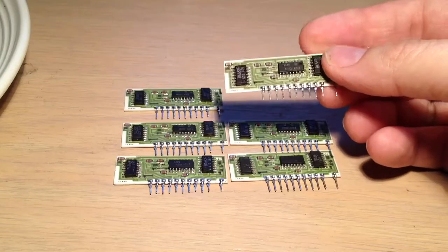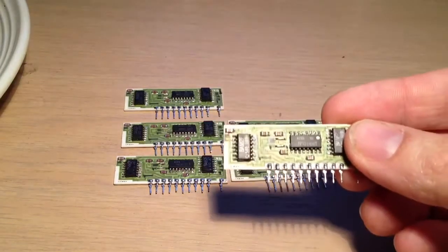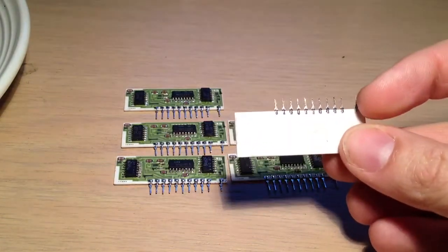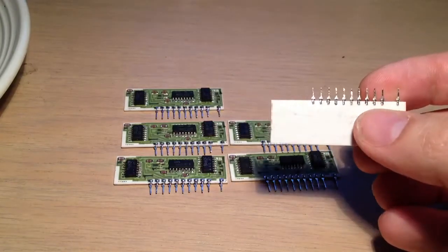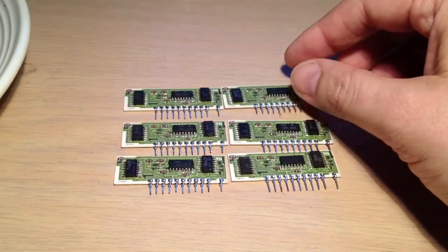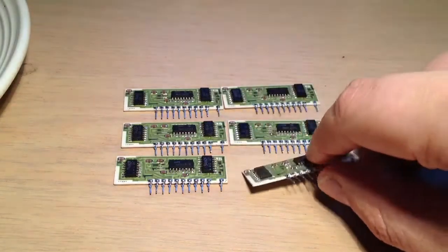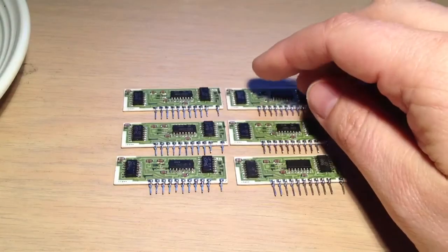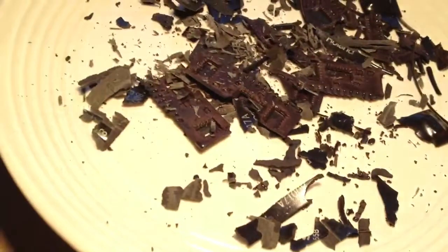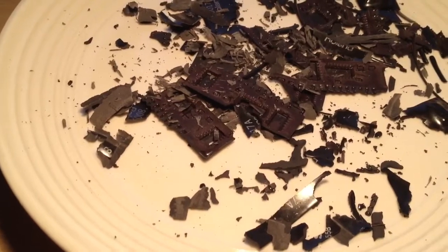But yes, now they're stripped of their coating, they look pretty good. Now I did leave them in the acetone slightly longer than I needed to, just to get the backs clean. There's no real need to do that. There's nothing on the back, and some of them have come up pretty pristine. Others have got some marks on them, but I'm happy with that. So there's six ready to go back in the board, and a plate full of wreckage, which seems to be an awful lot